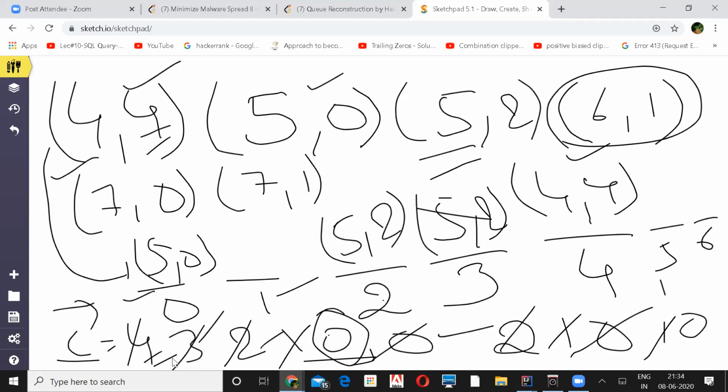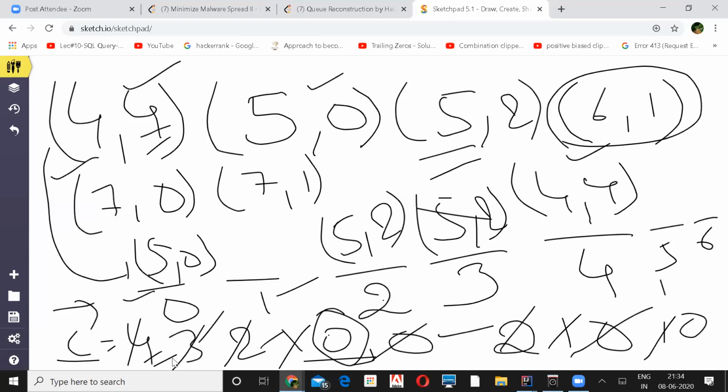I think you should place it at index 3. Pardon? You should place it at index 3, right? Because 6 1 means either we can get next height of either 6 or 7, for which we need to leave one empty index. So which was index 1, so we need to place it at index 3.